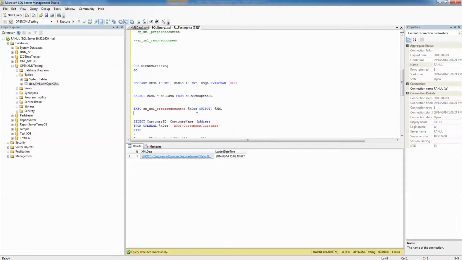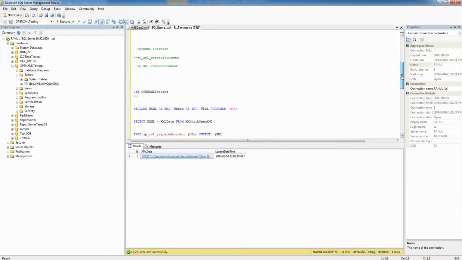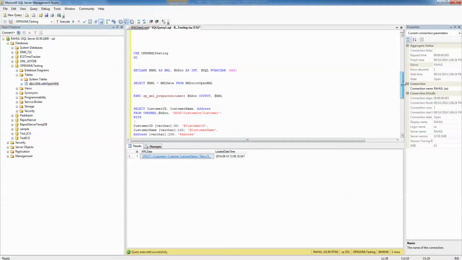Now from that XML document output we'll be using the OpenXML function which I've already discussed, just the OpenXML function to read out the values from the XML files.